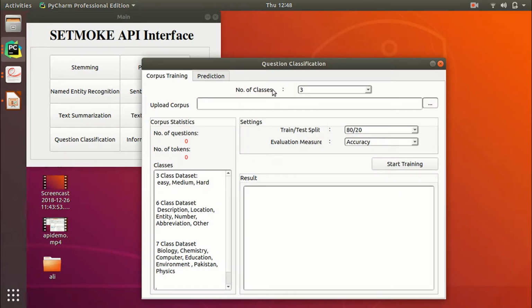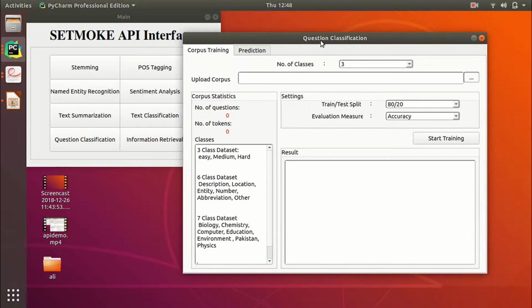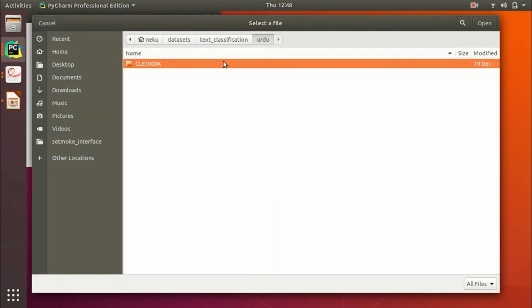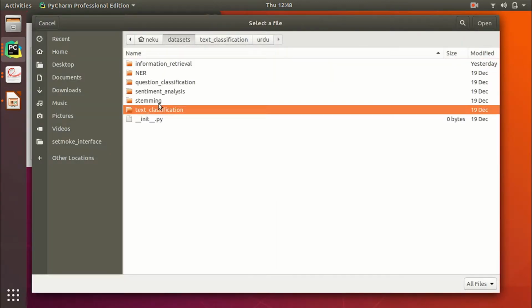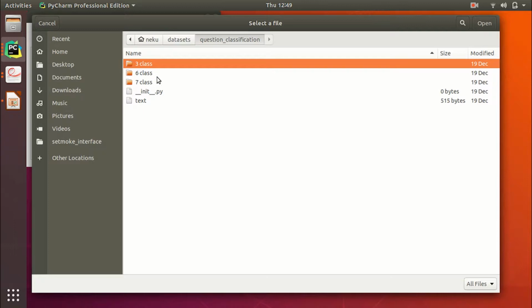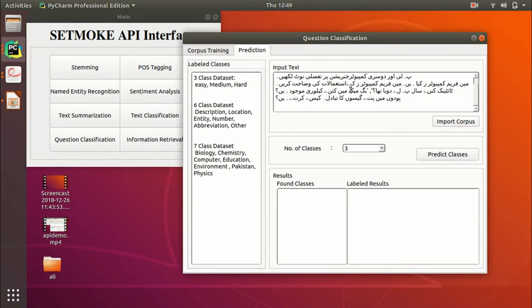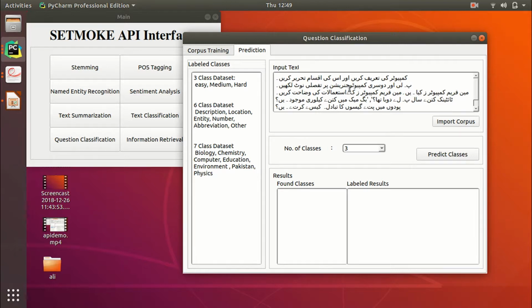Okay, let me show you the demonstration of question classification. Here we have the demo of question classification. I'll straight away, without wasting any time and without training our model again, show you the prediction. Let me input a sample file. This is the sample text. A couple of questions about different categories, and we have